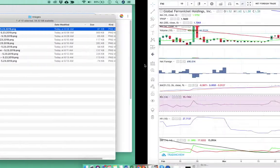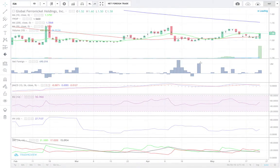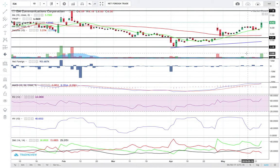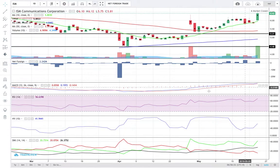Okay, next stock we have ISM. ISM closed on May 23 at 6.42. Support is at 5.21. Resistance is at 7.36. It's already moving above the perfect bullish alignment. Yes, I'm seeing a perfect bullish alignment among its 3 SMAs. It's also moving above its 10 SMA. And gladly,